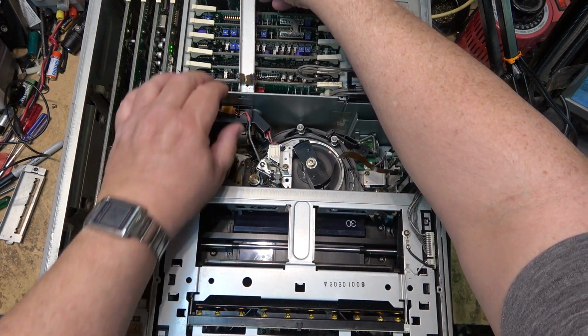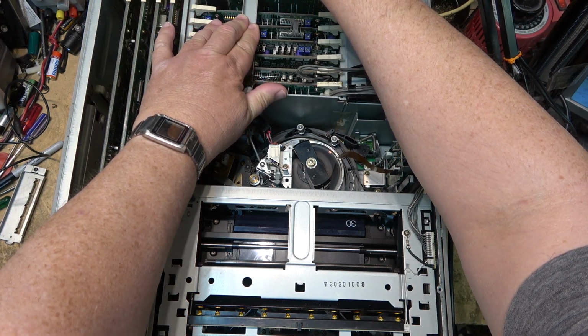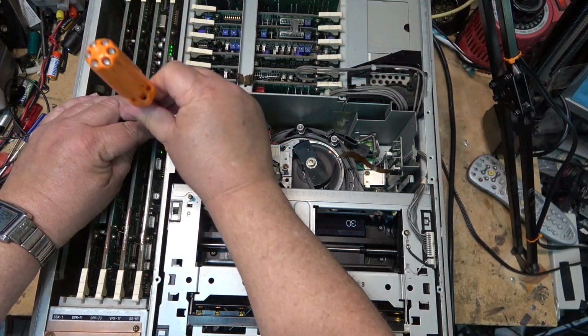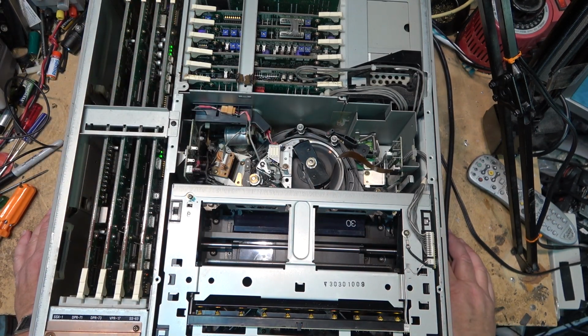Now how does this go in? This went in like this. That went in to hold the boards down. I've got a functional machine that plays the Betacam SX tapes. Again, I'll have to try to get this thing to play back the SP tapes. But I'm going to put this video up now because this part's working, so this will be like part 2. And if I can get any info and figure out why it's not